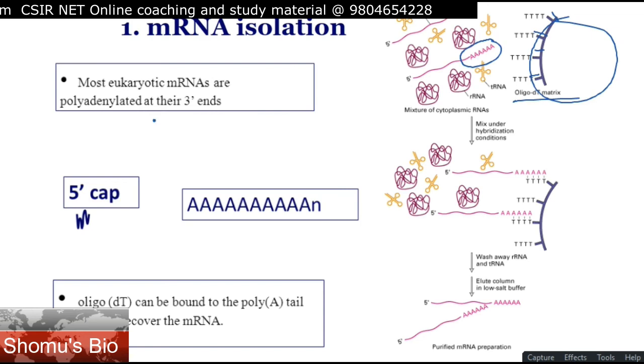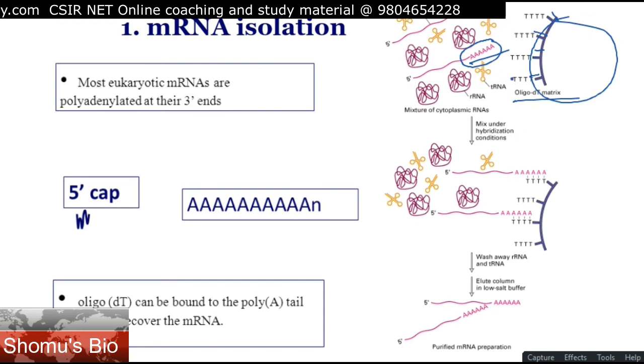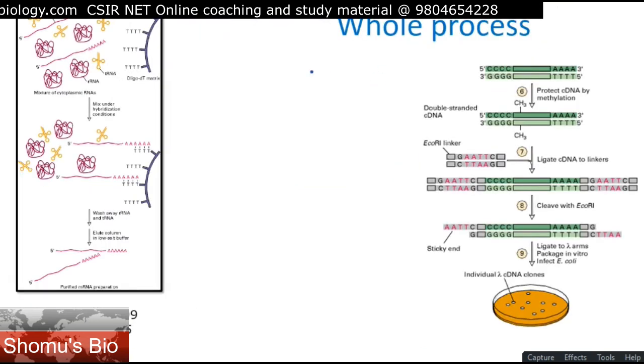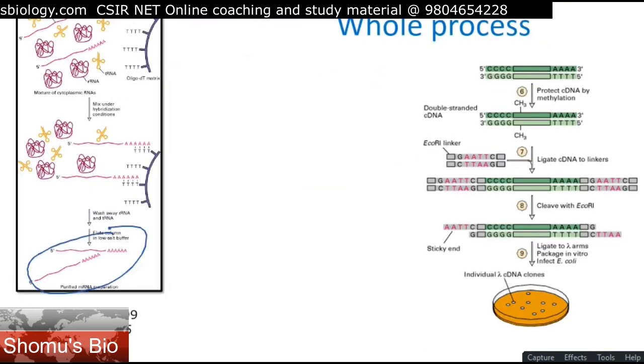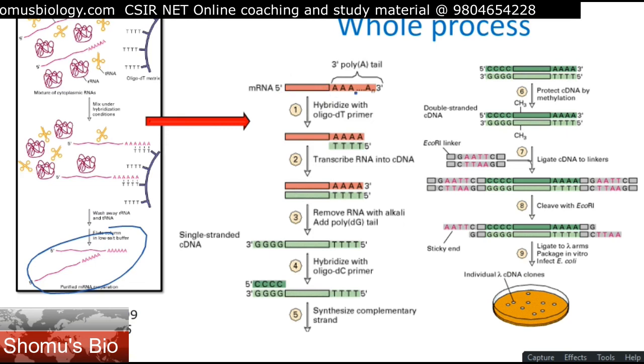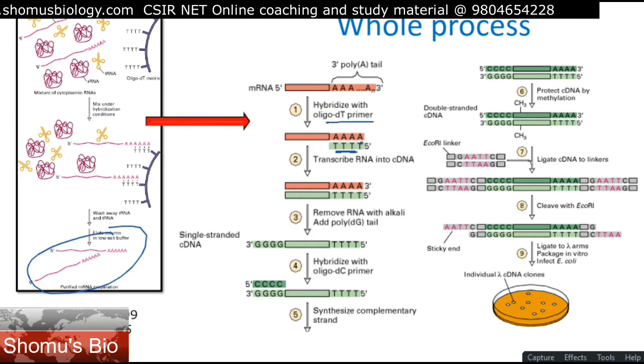So among this mixture, only mRNA with poly A can bind with oligo-dT on the beads. And then we do the washing step, and then we release this attached mRNA from the beads. So we only get the mRNA in our hand. Once we get the mRNA in our hand, the purification is done. Then we continue with the process, which starts with taking the mRNA in our hand, and we hybridize it with an oligo-dT primer at the beginning,